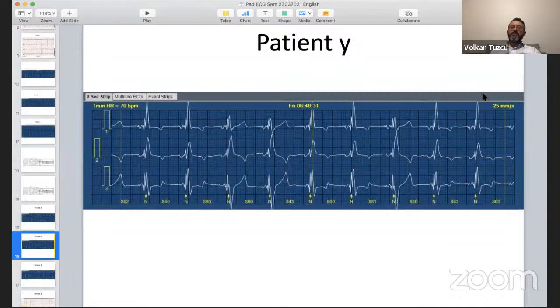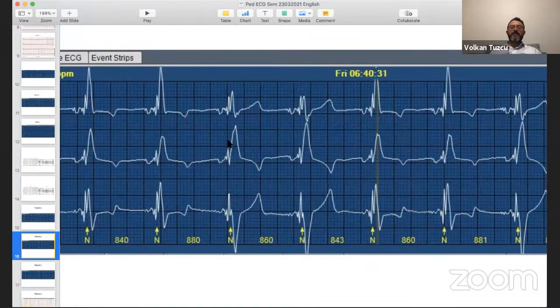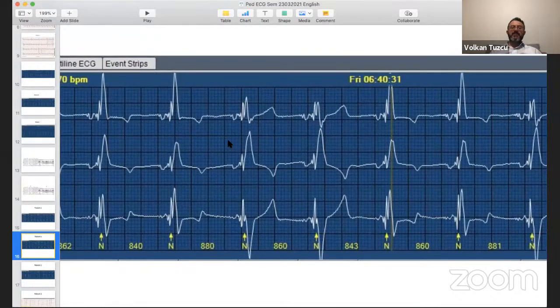Some people say, could it be fusion? For fusion, you have to have an intrinsic QRS, right? A normal QRS plus the ventricular pacing coming about the same time leads to a different QRS, which is possible. But if you notice, this PR is really short. For this patient to have this short PR interval and conduction like this is unusual, because then are we pacing this patient unnecessarily? If this patient is able to conduct with this short PR interval, meaning there's an intrinsic QRS here, why are we pacing this patient, right? Theoretically it's possible, but it's very unlikely.